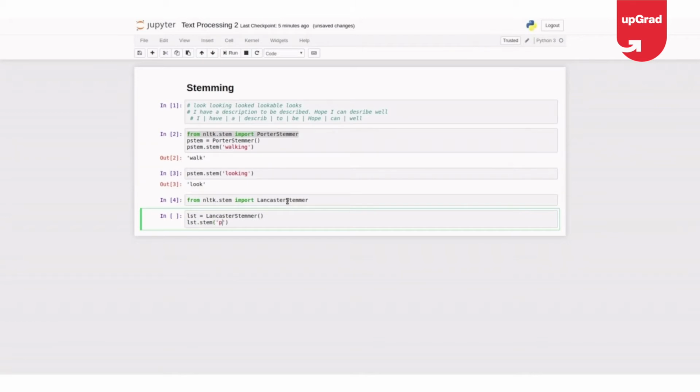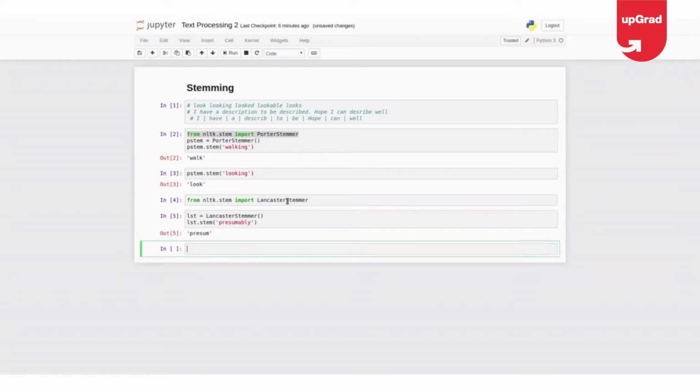So prism. If you see, this prism and presumably don't have any relationship, and I don't think prism is a dictionary word either, but still it's a stem which the Lancaster stemmer has understood from different texts. Presumable, presumably, presume.